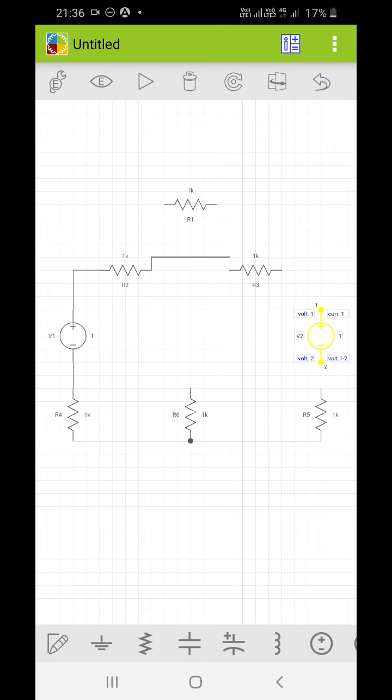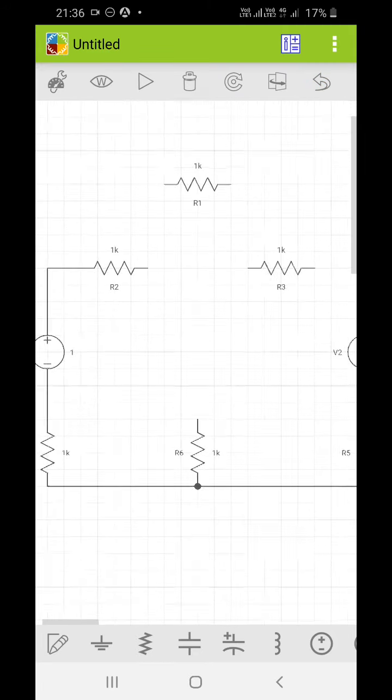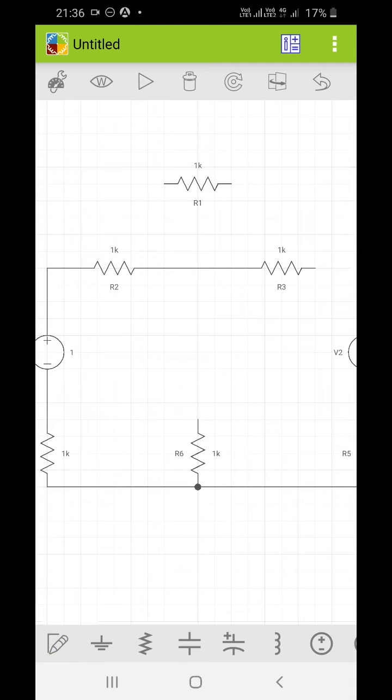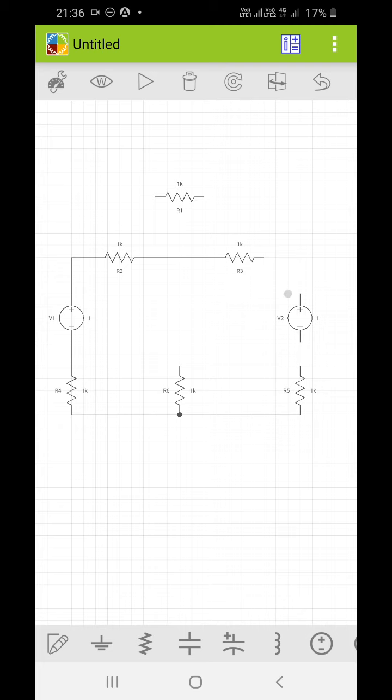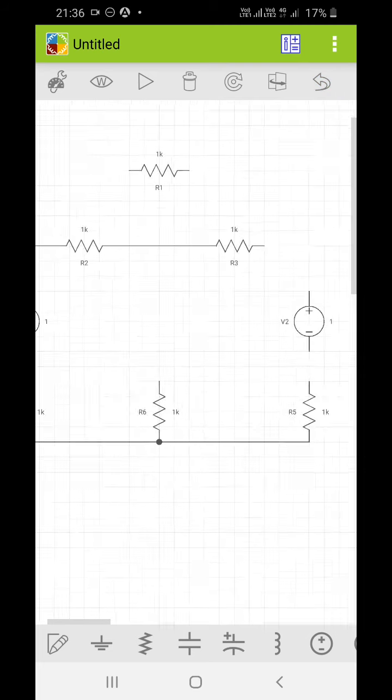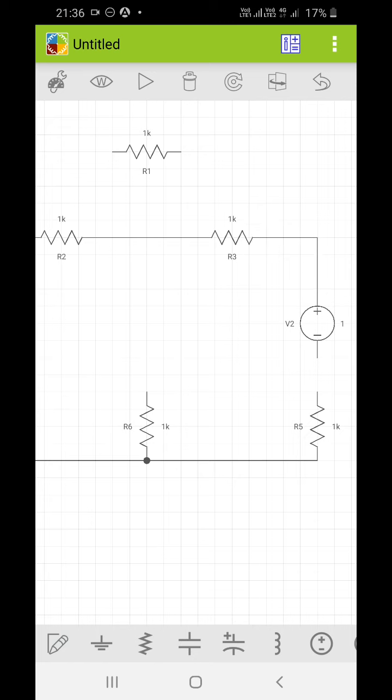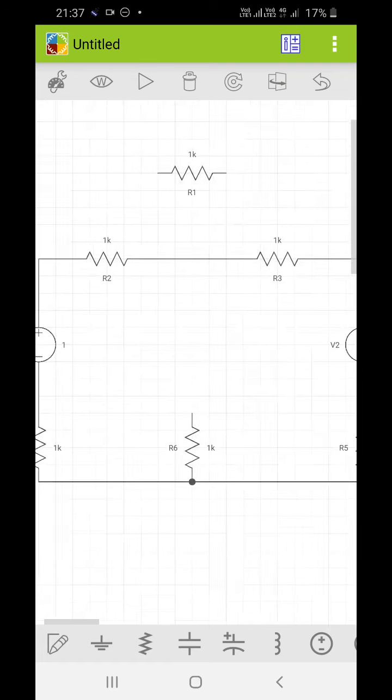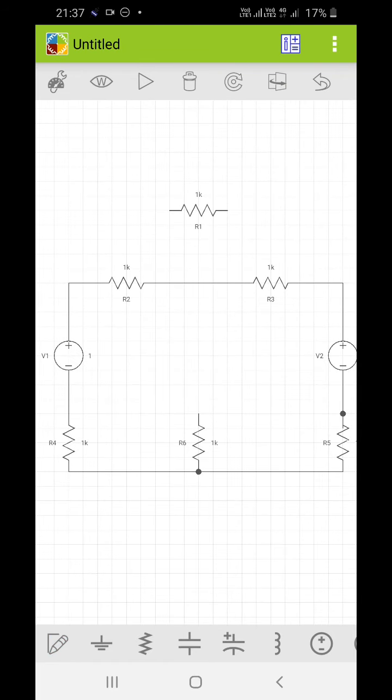If you want to undo, then you can click on it. If you want to do it precisely, then you can zoom in and then take the wires. Okay, now I have connected almost all the components.